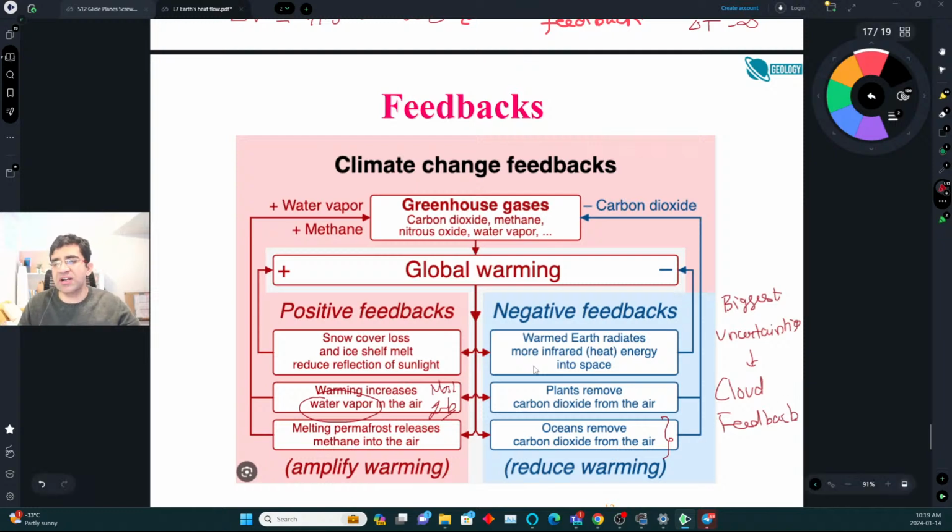Okay, so clouds are interesting because they reflect radiation, but they also provide a greenhouse effect. The tops of the clouds reflect the incoming radiation, but the radiation which is below the clouds is trapped by the clouds. So overall, if you increase the temperature by 1 degree Celsius, how is the cloud distribution on the earth going to